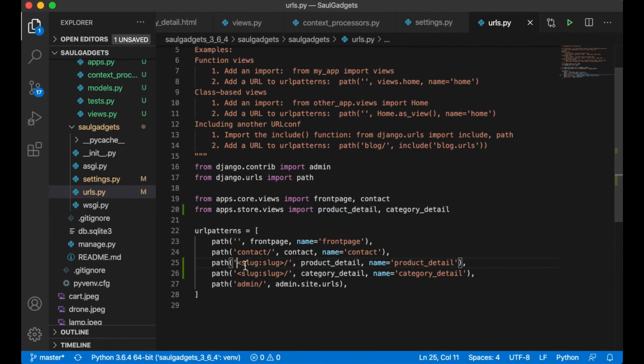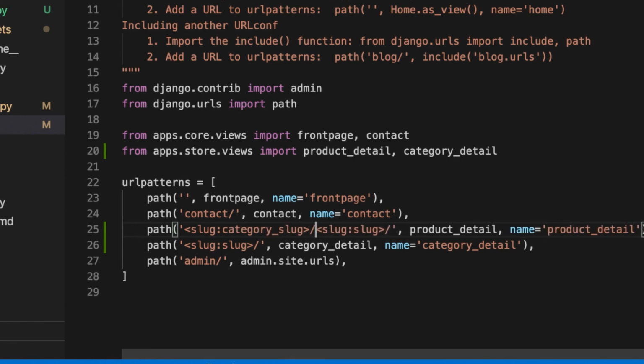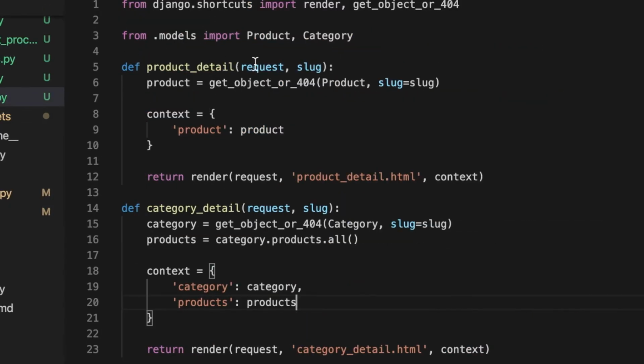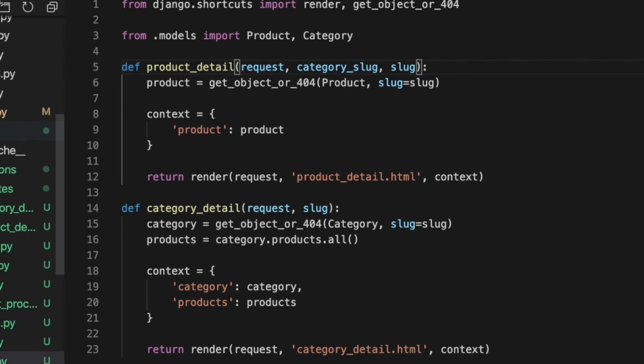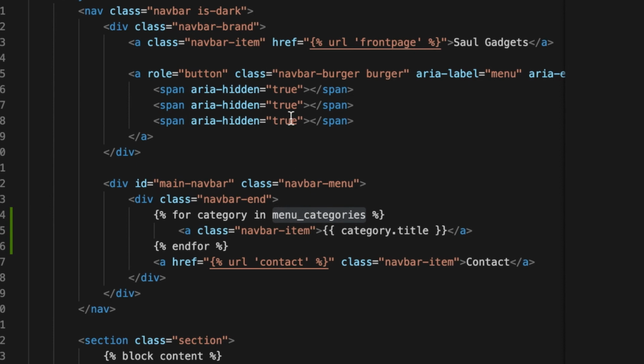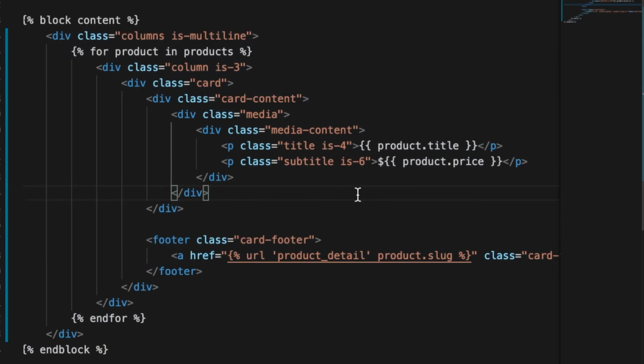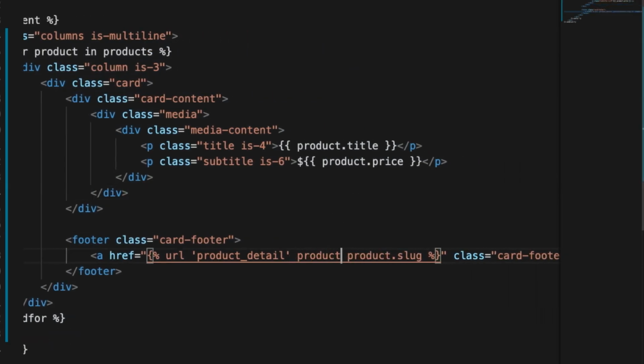So what I want to do now is to add one more slug here, category_slug, like that, because I want to pass in this into this category slug, like that. So I need to change the base.html file as well, because now I need to, no, not the base, sorry, the front page. I need to pass in product.category.slug,